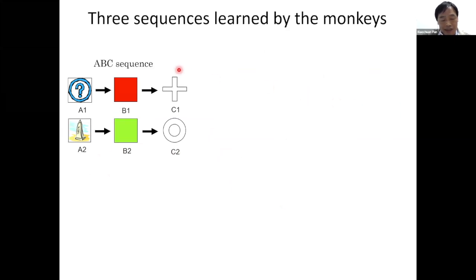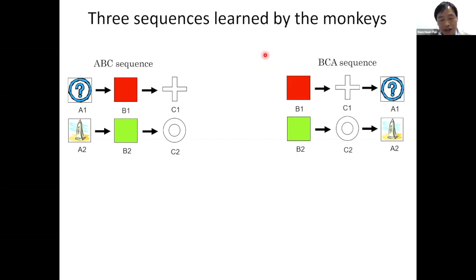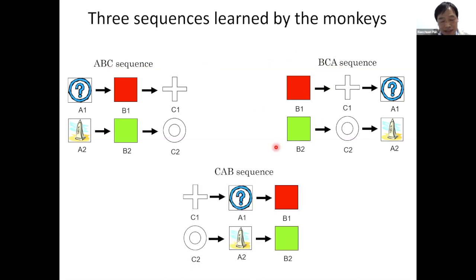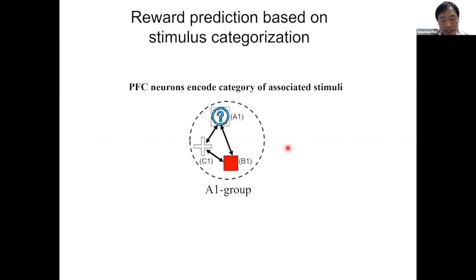Through this double cycle task, the monkey learned the BCA sequence we called. After that, the monkey also learned the BCA sequence where B1 and B2 are presented as the first cue, and the CBA sequence where C1 and C2 are presented as first cue. So with the training of this kind of association, we expected the PFC neuron could categorize all those